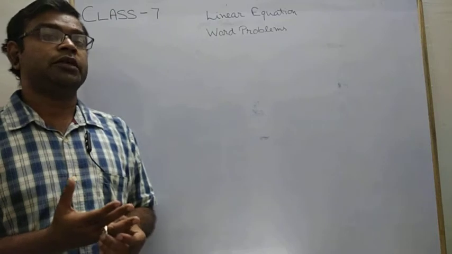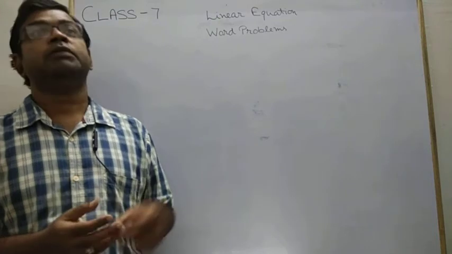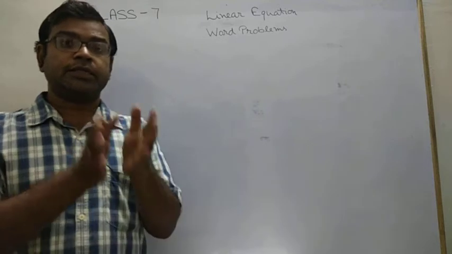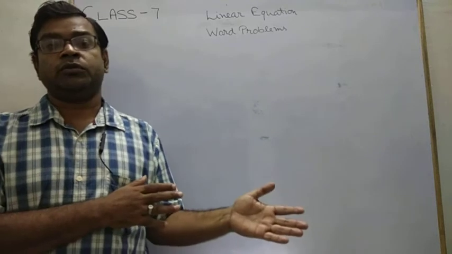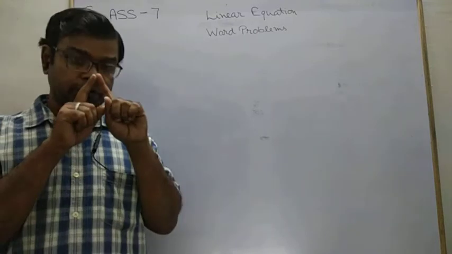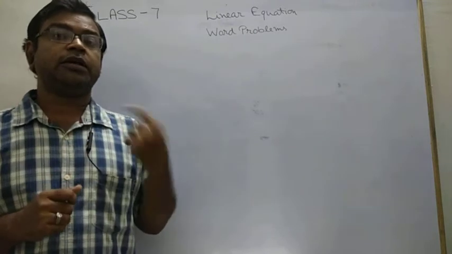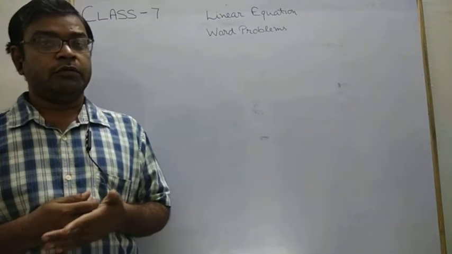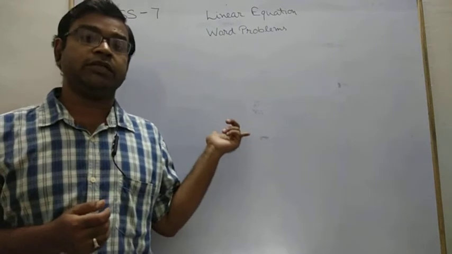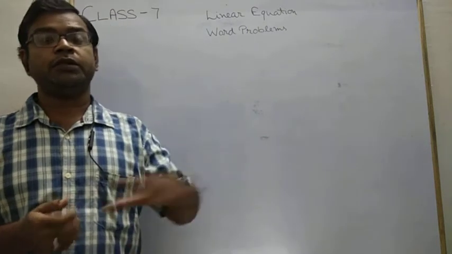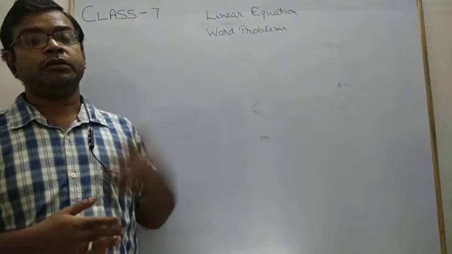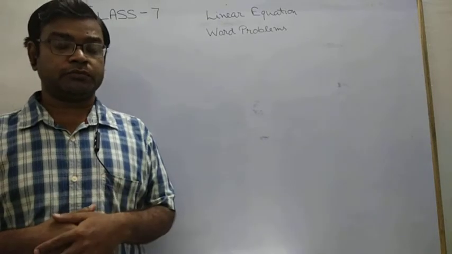Now today we are going to discuss the word problem. Means what? In this case language is given. Some conditions are given and a question is asked about some unknown thing. In this type of question you will frame the equation first, then try to find the value. If you are able to frame the very first line, that is the equation, then you complete half your work, and the rest half is solving the equation framed by you.